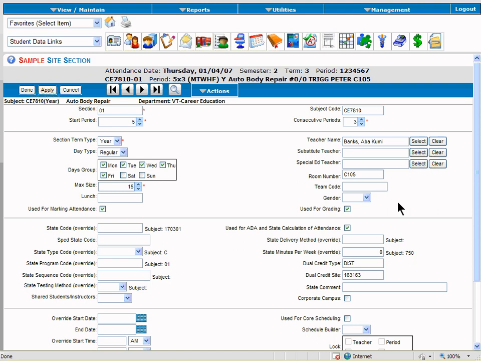Use the gender drop-down list for gender-specific classes such as physical education. This will be used to generate a potential errors report for random scheduling. If Used for attendance marking is checked on, an attendance roster will be created for this class. If Used for grading is checked on, an end-of-term grading roster is created for the class, as well as the